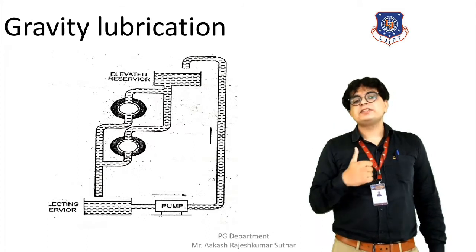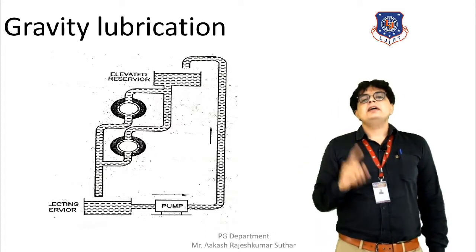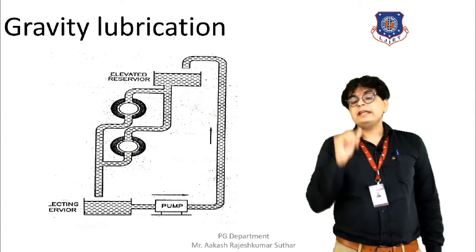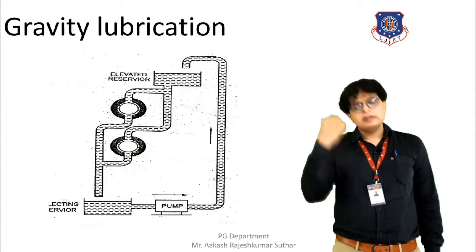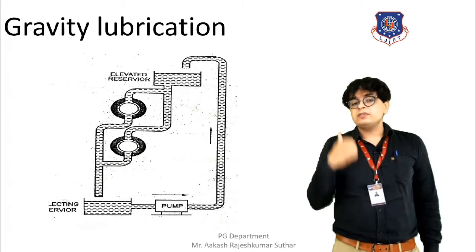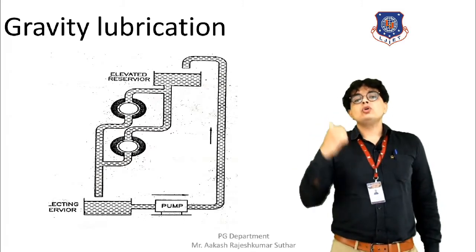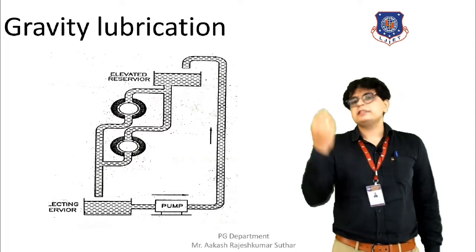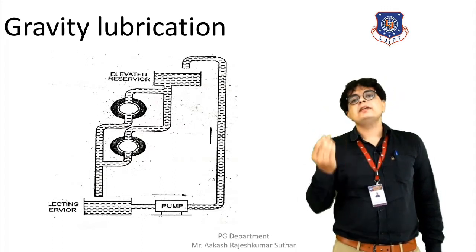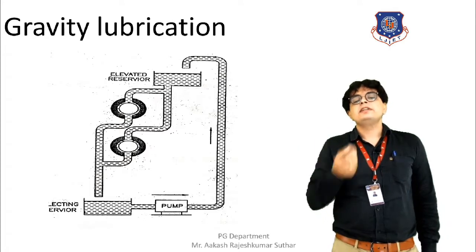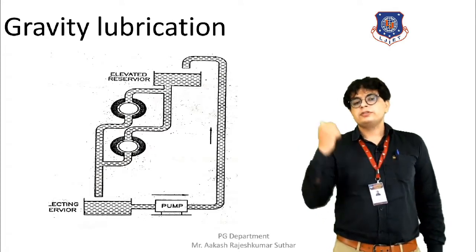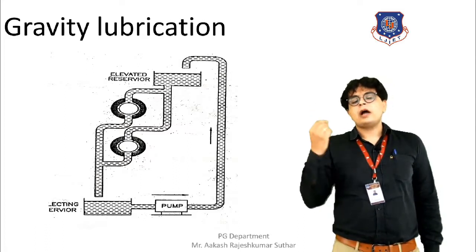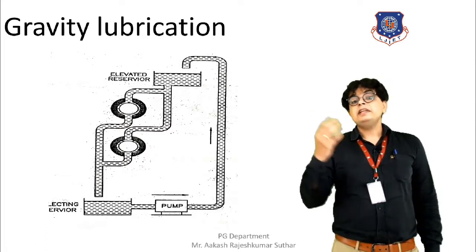In the elevated reservoir, the lubricant gets stored, and we have an outlet in the downward direction that allows the lubricant to flow under gravitational force. Obviously, we all know that gravitational force acts in the downward direction. So the lubricant will be moving in a downward direction, and we have the valves,